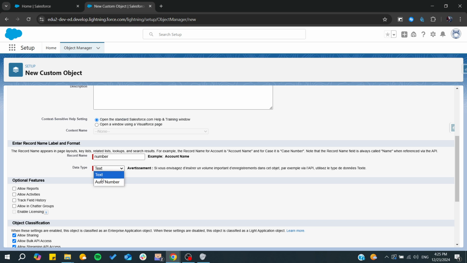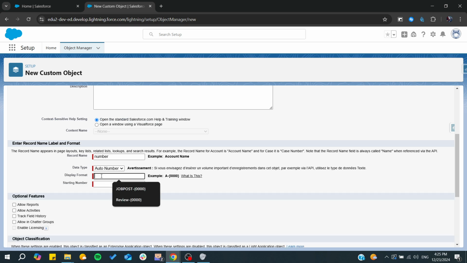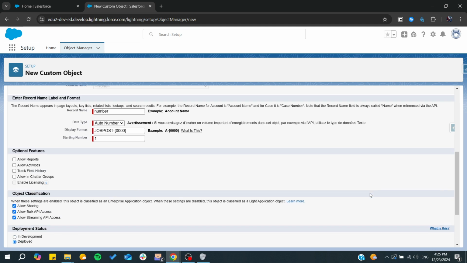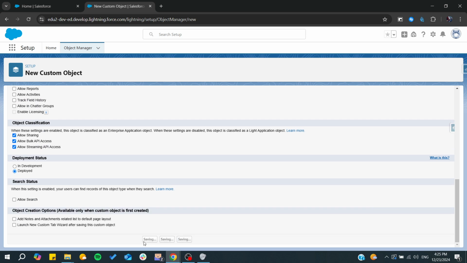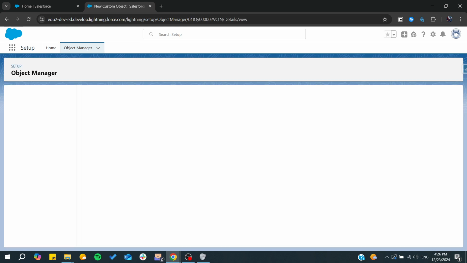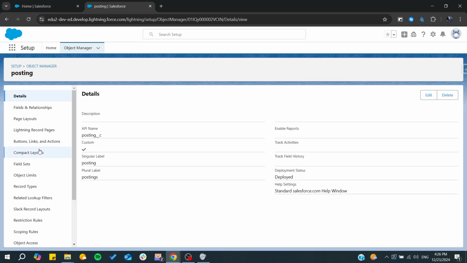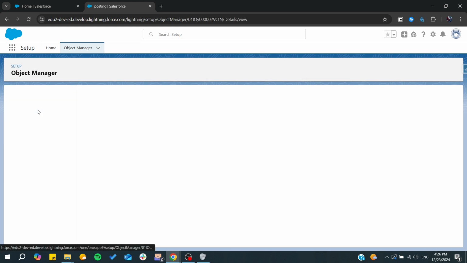and it will be an auto number, and let's just set the display format to be something similar to this, and I'm just going to copy and paste this text, and the starting number should be 1. You can click and save, and now we need just to go to our fields and relationships, and from here